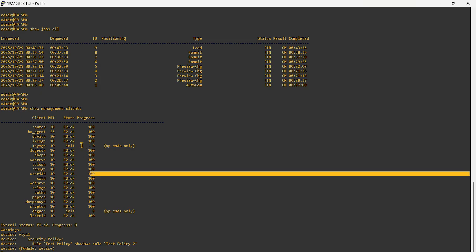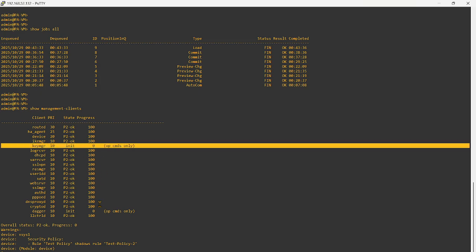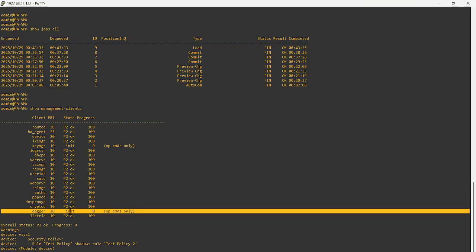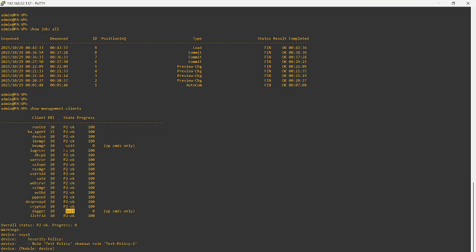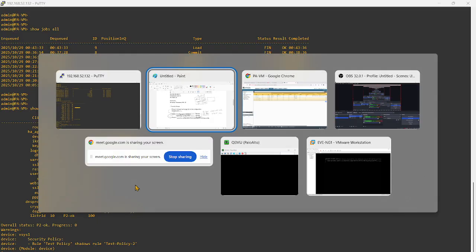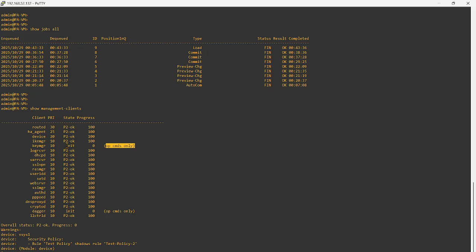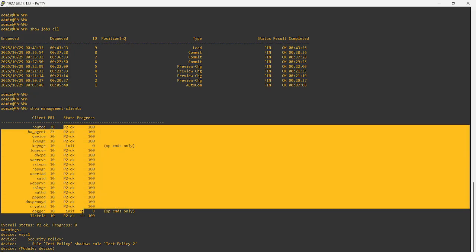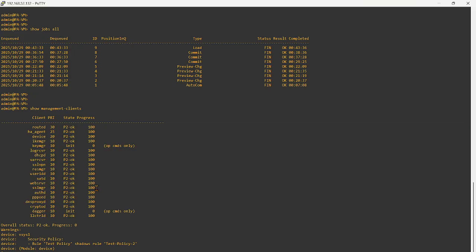There are some in the initialization state that we cannot bother about; by default the firewall has them in the initialization state. If you see here, you can see p2 okay. So p2 okay means the commit will be okay. If p1 is okay, p2 will obviously be okay, and that will be taken care of by the commit.